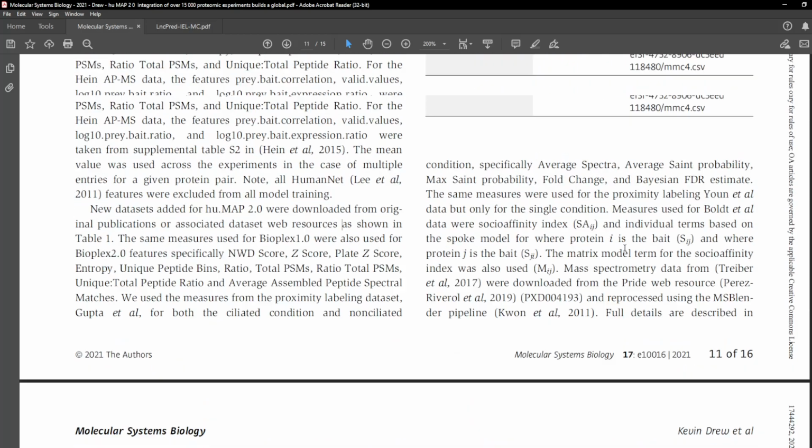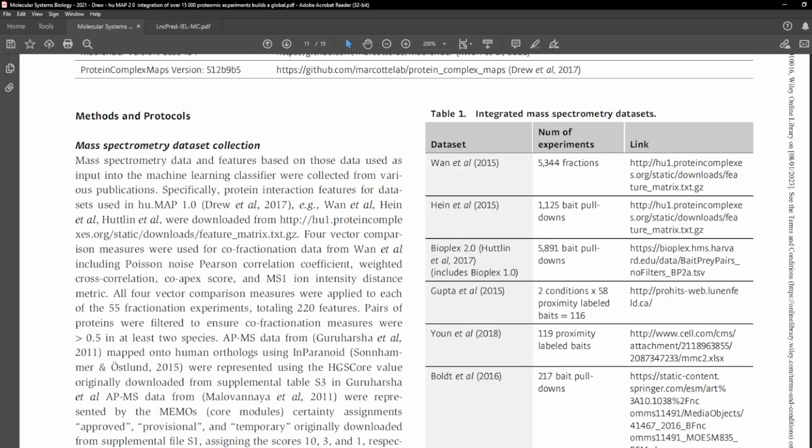Table 1. Integrated mass spectrometry datasets. Dataset, number of experiments, link. Wan et al., 2015, 5344 fractions, http://hu1.protein-complexes.org/static/downloads/feature_matrix.text.gz. Hein et al., 2015, 1125 bait pull-downs, http://hu1.protein-complexes.org/static/downloads/feature_matrix.text.gz. BioPlex 2.0, Huttlin et al., 2017, includes BioPlex 1.0, 5891 bait pull-downs, https://bioplex.hms.harvard.edu/data/